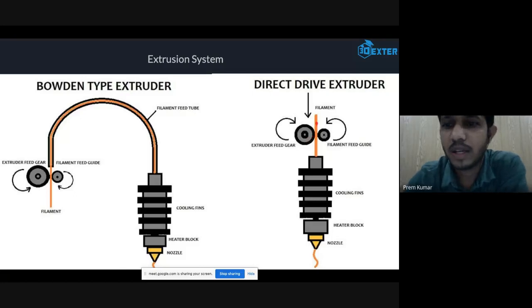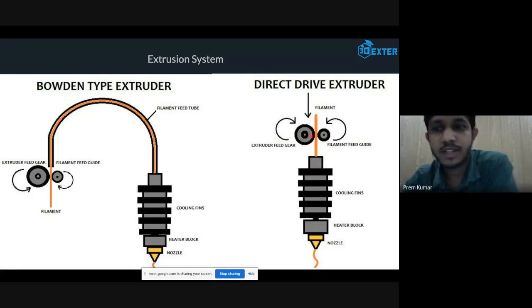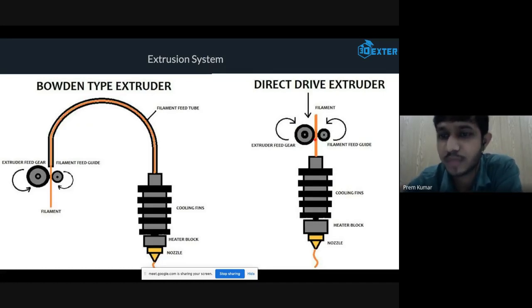But if you are mounting this feeder exactly above your hot end, which increases the weight, you might face issues with vibrations and noise if you are not building the machine properly or are using weak parts. It also causes your parts to get loose because of higher mass movements.